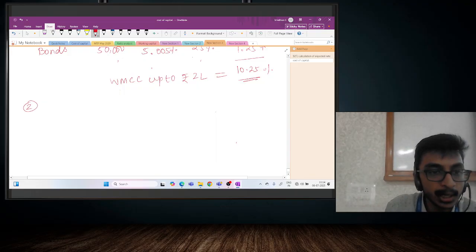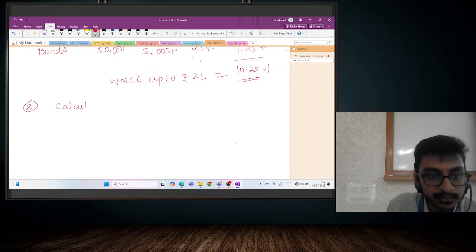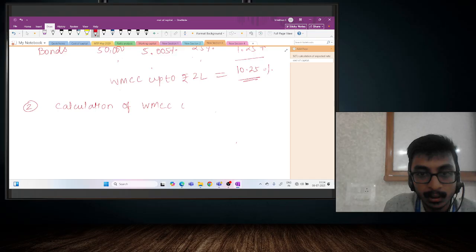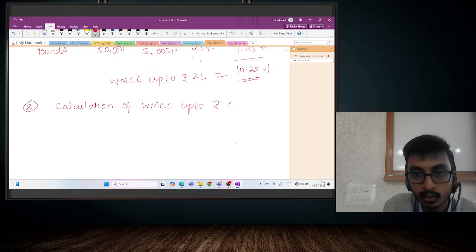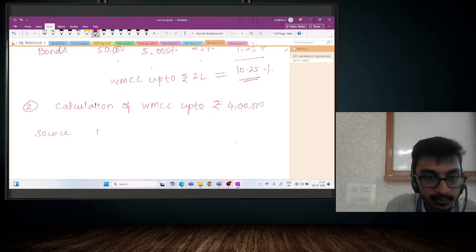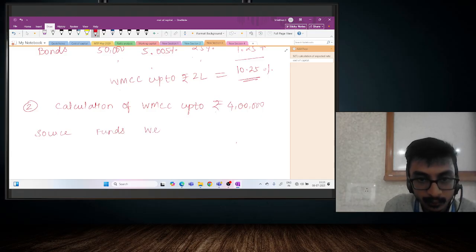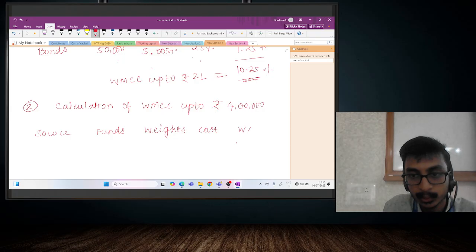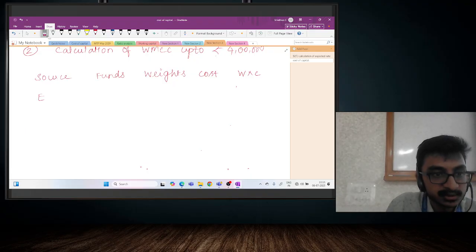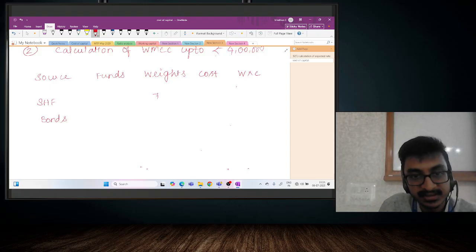4 lakh rupees. So calculation of weighted marginal cost of capital up to rupees 4 lakh. So write down source, funds, weights, costs and W into C. So here again we have shareholders fund and bonds. So what is the weightage of shareholders fund? It is the same 75%